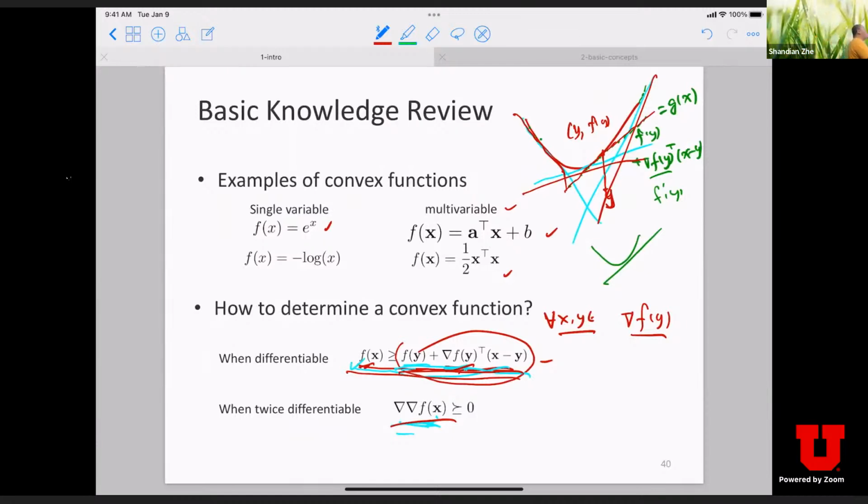If your function f is not differentiable, of course these two sufficient conditions are not available, because you cannot apply the gradient. And then probably you're going to return back to the definition. Or there are some other rules, like composite